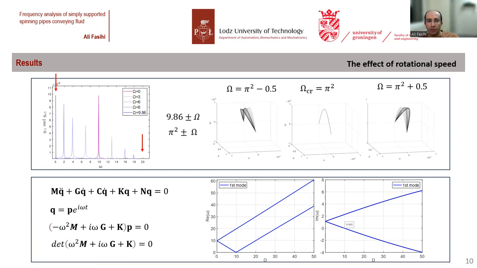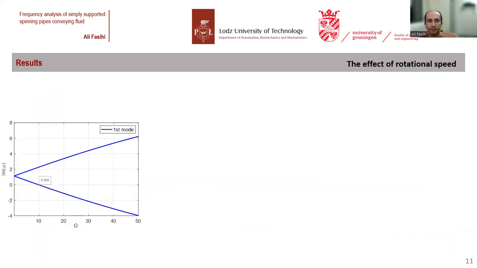It can be deduced from this equation that the imaginary part of the frequency defines if the amplitude is growing or decaying, depending on if it has a positive or negative value respectively. The figure shows that at the critical speed, the imaginary part changes sign and goes from positive to negative. It means that the mode